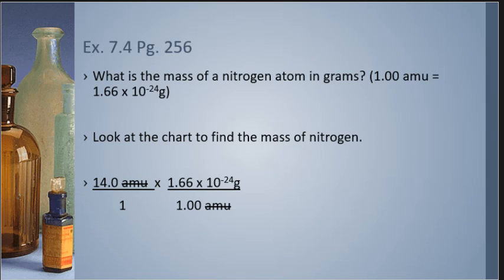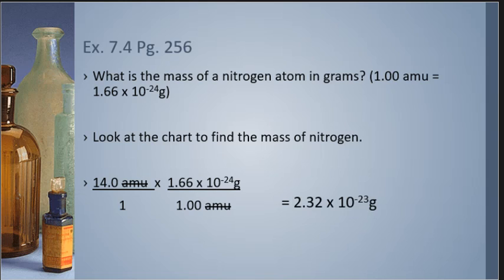Everybody sees that conversion. Everybody got it? Then I do the math. And trust me, don't forget your little calculator, because you don't want to be counting these zeros in your head. You're going to be writing those down. And you're going to come up and end up with 2.32 times 10 to the negative 23